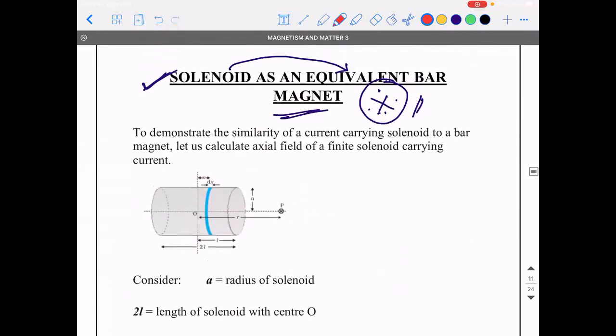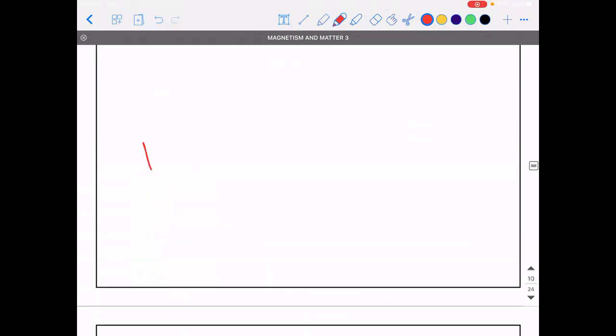Now we will see the last chapter. We would have seen how a solenoid functions, right? So now we are going to see how a solenoid and a bar magnet are similar. Okay. So we know certain facts with respect to a bar magnet. What are they? So when you take a bar magnet,